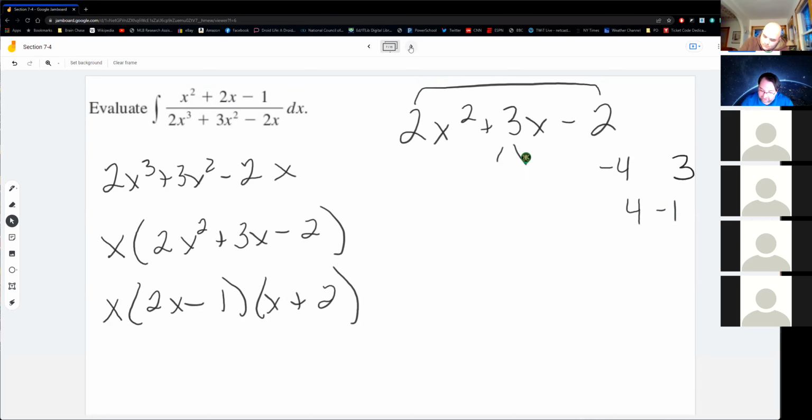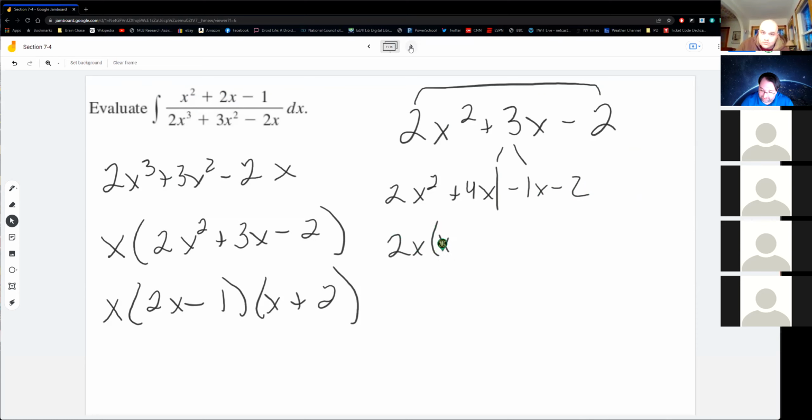So I'm going to split this term up in the middle: 4x minus 1x minus 2. Now I can pull out a 2x out of this side, and I'm left with x plus 2. And I can pull out a minus sign from that one, and I'm left with x plus 2. This gives me the x plus 2